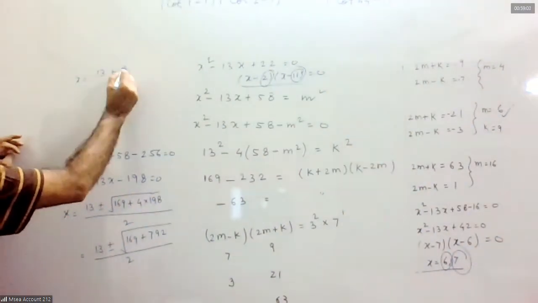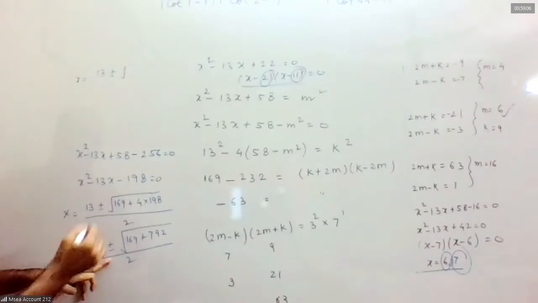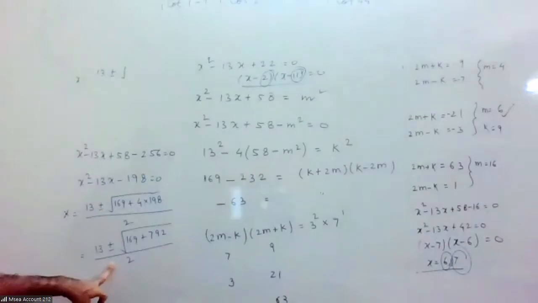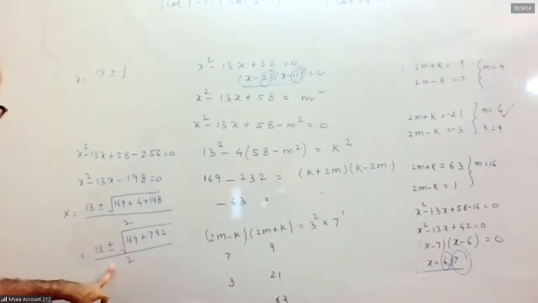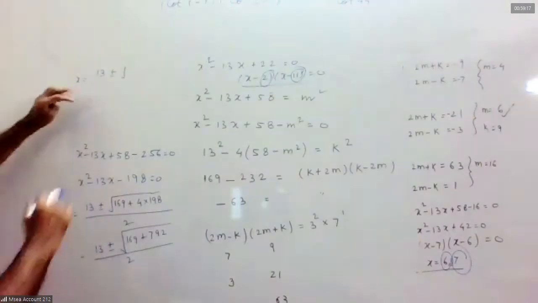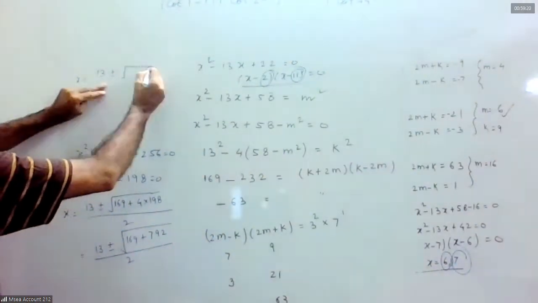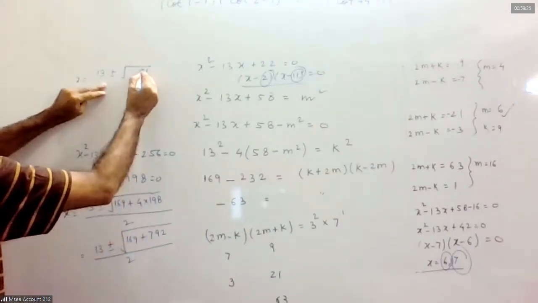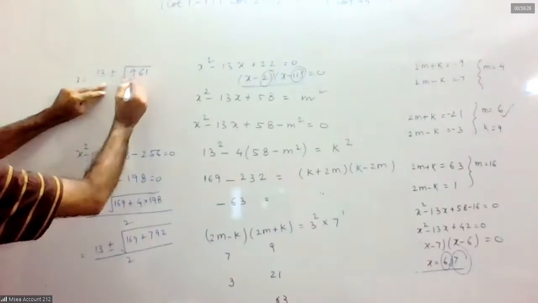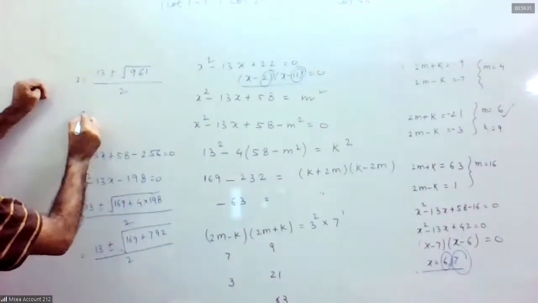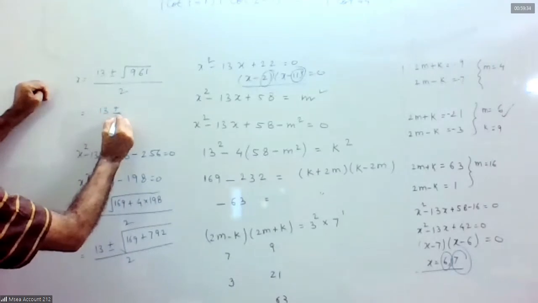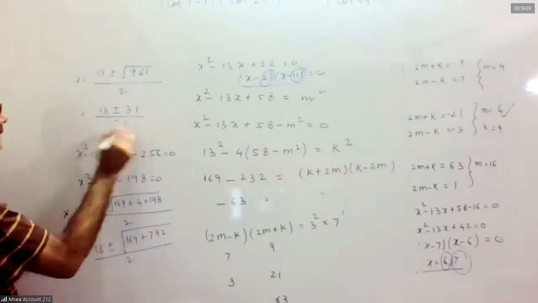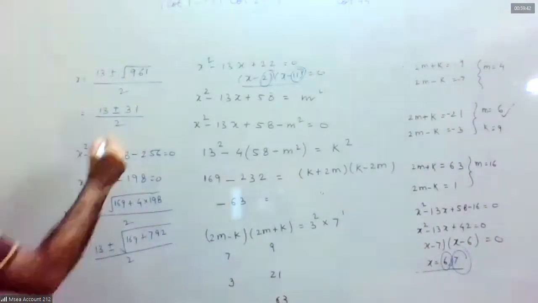Plus or minus 31 square, sir. 31 square. Yes. Means we are getting square of some integer. No, sir. 13 plus or minus 31 by 2 we will get, sir. अच्छा, not integer. 13 प्लस माइनस देखे दो. 961. The perfect square of which quantity? 31. 31, sir. हाँ तो ठीक है, इवन ही आएगा. इंटीजर तो आ रहा है. Yes, sir. Okay.